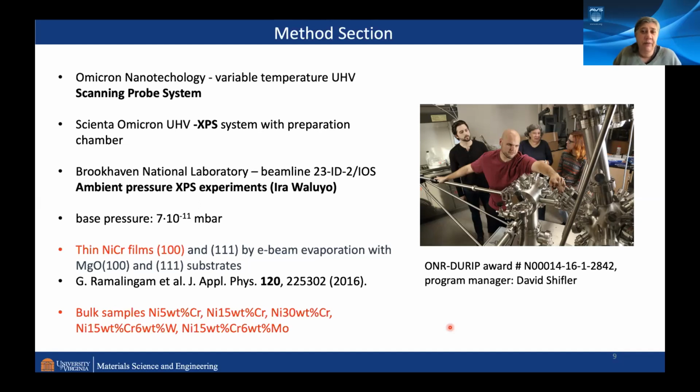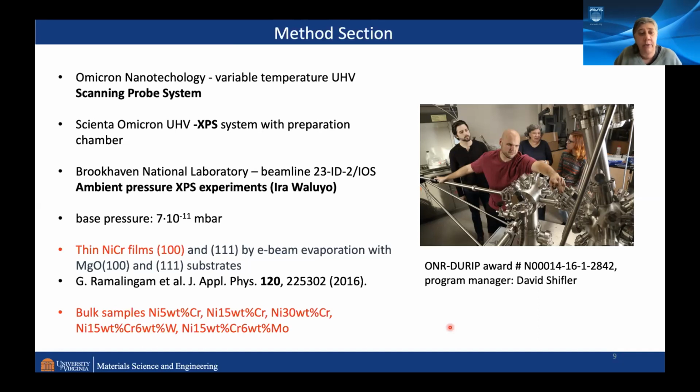When we do that for the nickel chromium, because we want to change composition in our alloy and look at the reaction and the corrosion response as a function of alloy composition, having 6 or 7 or 8 single crystals is just not feasible. So for the STM work, we essentially grow a thin film of nickel chromium, and then we observe that thin film.